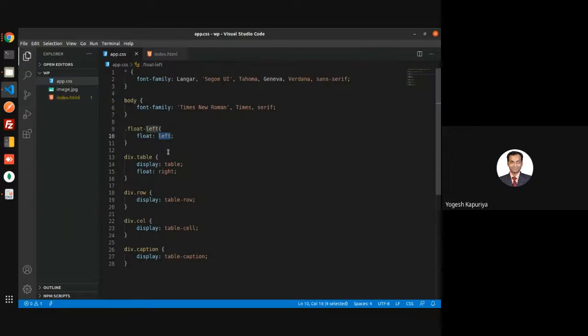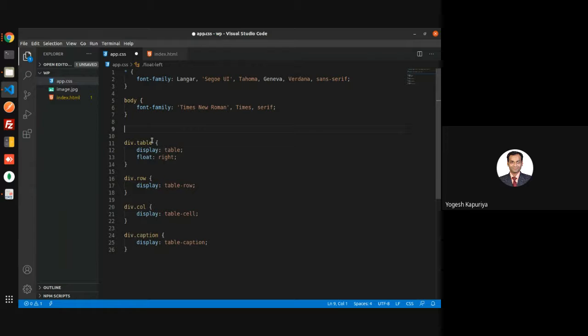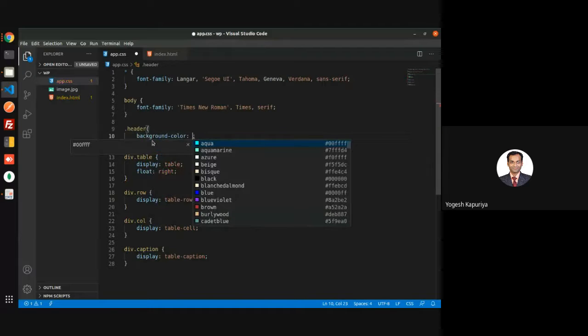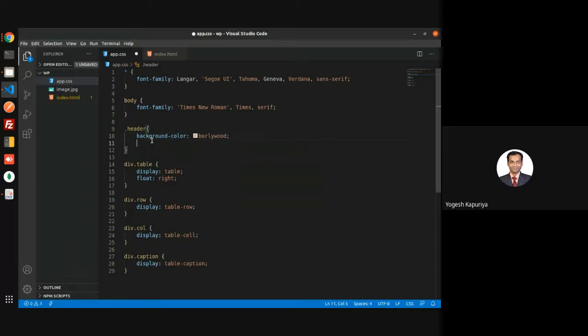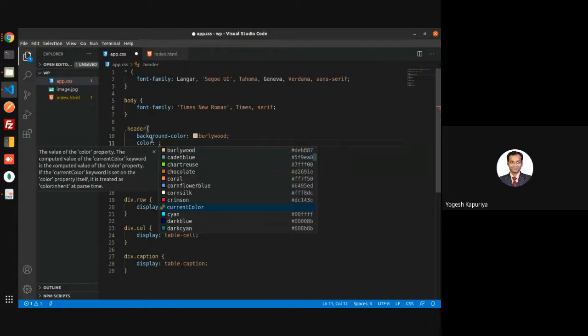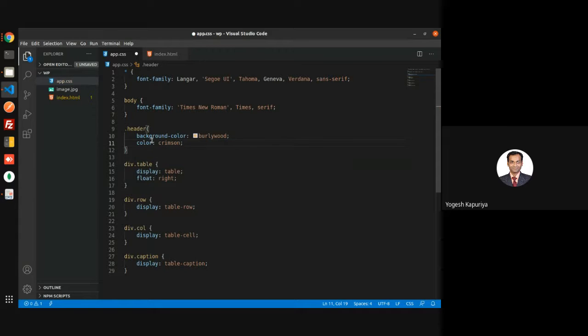Okay. And then we'll write something like, for example, dot header with a background color, and color is this.